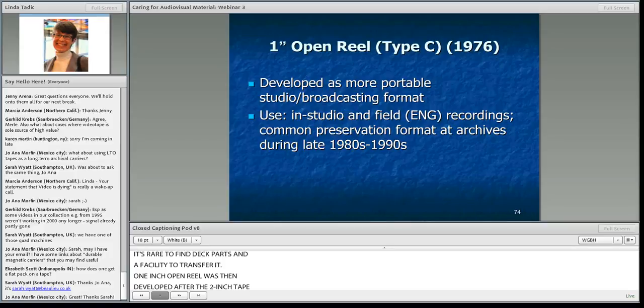So let's look into the formats that you probably have a lot of in your collections, the older cassette formats. 3/4 inch U-matic, you notice that that's the last one that actually refers to the width of the tape in its name, or how it's referred to. So we're going to look at these in some detail. The U-matic was the first one that was developed, in '71, U-matic SP came out in '86.